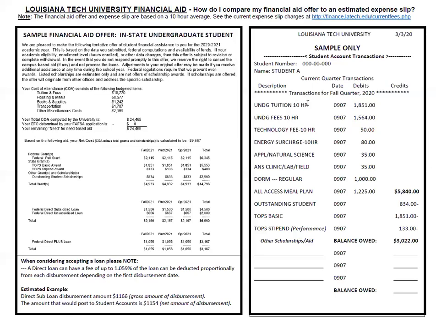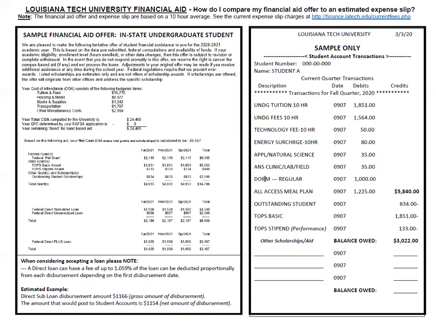So you will see the tuition amount for 10 hours is $1,851 for an undergraduate student. You'll see the 10-hour fees of $1,564: the technology fee, energy surcharge, and college fee. So this student is an applied natural science student, so they're charged a $35 fee for the quarter, their lab fee,